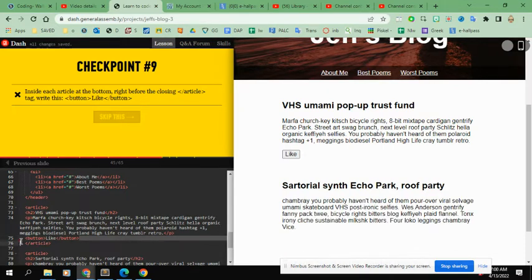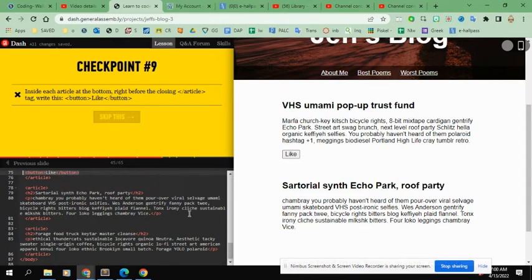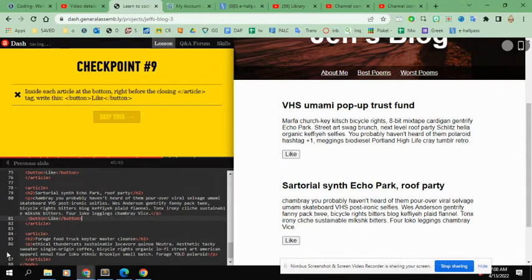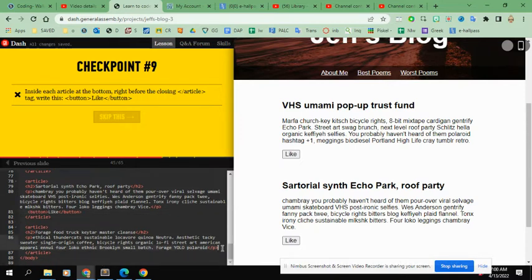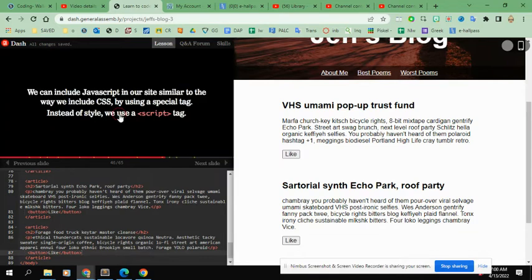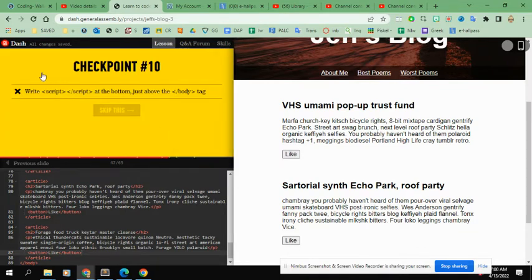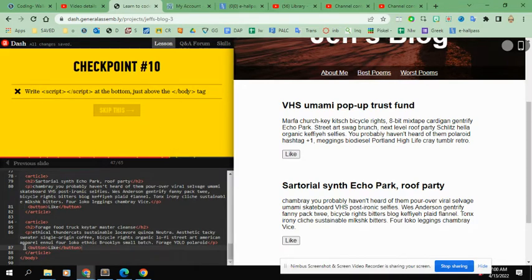I'm actually just going to copy it. Here, copy, come here, enter, paste, and come here, enter, paste. And I did it, 3 like buttons. Now we're going to make them interactive. So we need JavaScript. So coming down here,